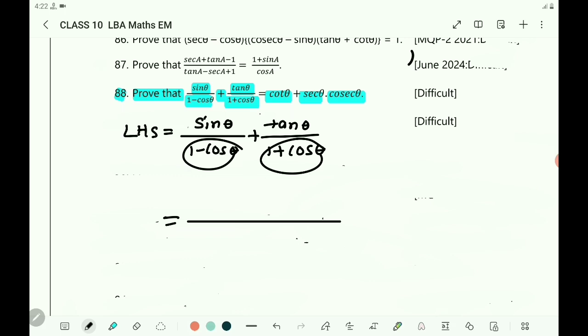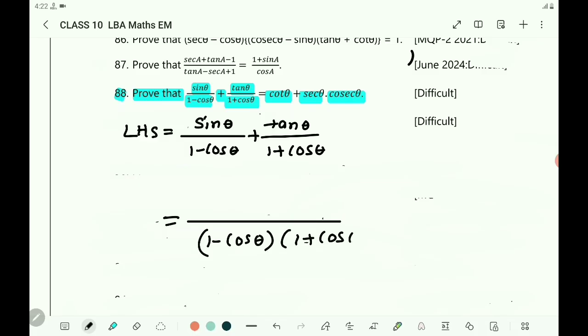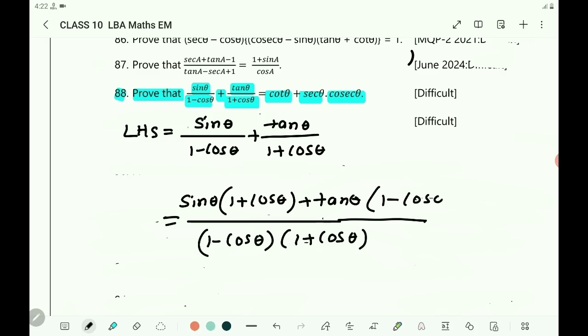LCM is the product of these two, that is 1 minus cos theta into 1 plus cos theta. Then in the numerator, sin theta into 1 plus cos theta plus tan theta into 1 minus cos theta. Right? Sin theta into 1 plus cos theta plus tan theta into 1 minus cos theta